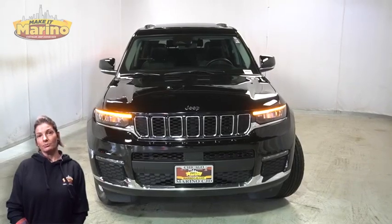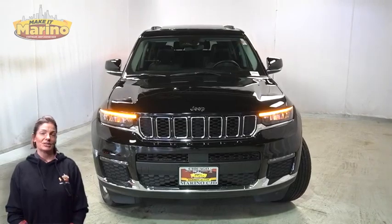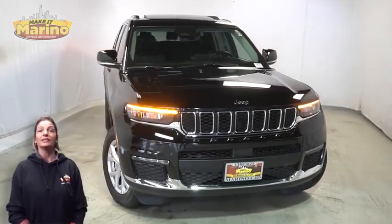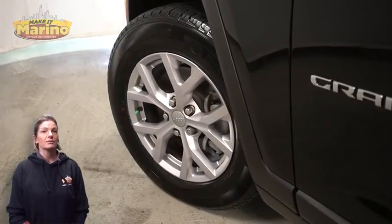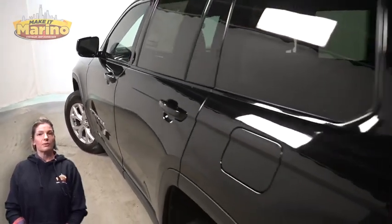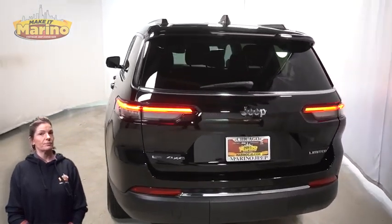Looking for a highly equipped SUV with all the right options and reliability? We'll take a look at this certified pre-owned 2022 Jeep Grand Cherokee L Limited in diamond black crystal pearl. With halogen quad headlamps, premium fog lamps, 18-inch aluminum wheels, power heated mirrors, blind spot and cross path detection, LED